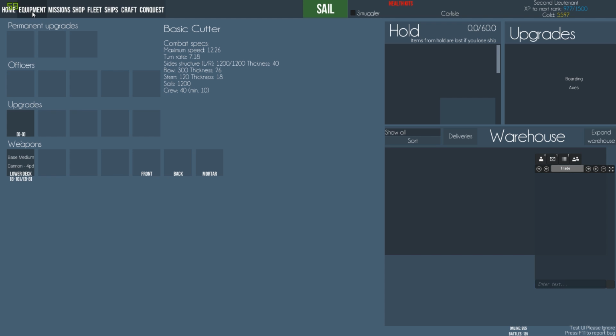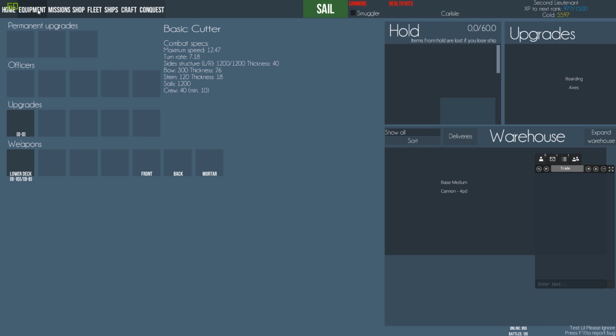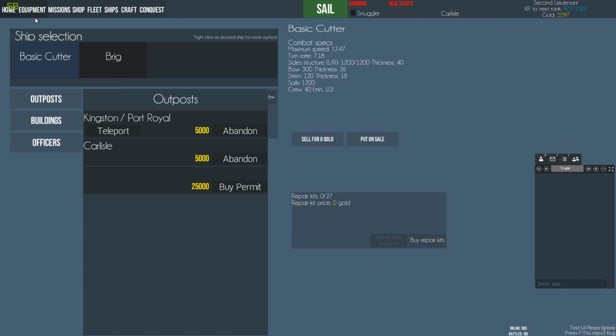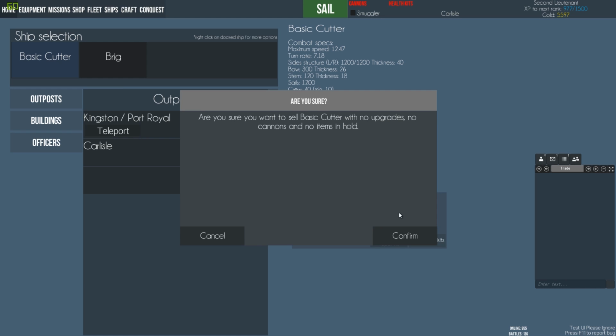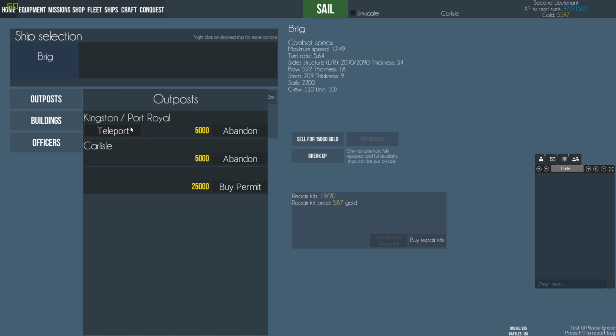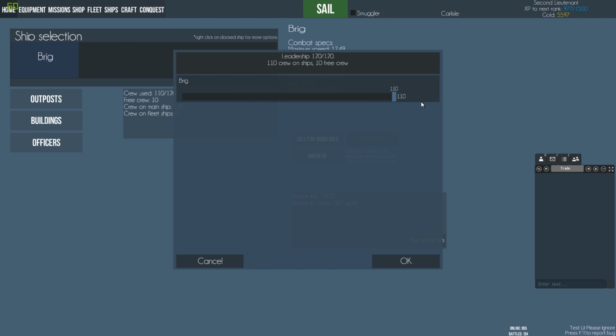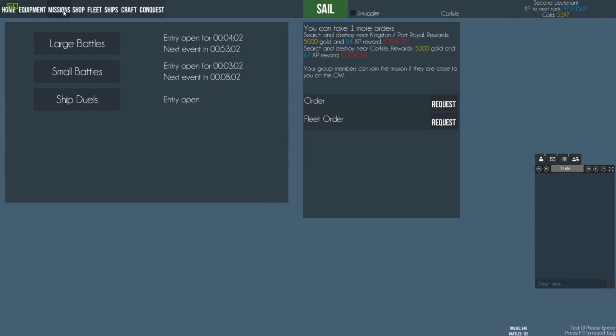I don't think there's any equipment on it anyway. Well, there is base cannons medium, so we'll take those out. Then come back and sell. Sure, no growth. Confirm. Okay, so now I've just got my brig. Having got my brig, I can now crew it. Let's get that about post manage crew. I can stick in the full 110 crew onto that. So we'll click OK. I am going to go now and sail,